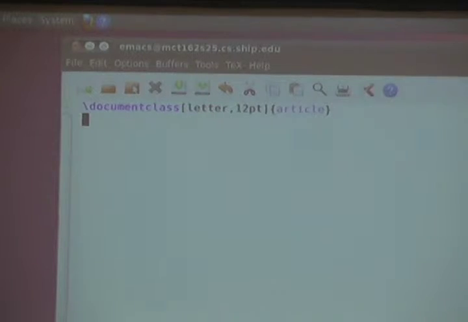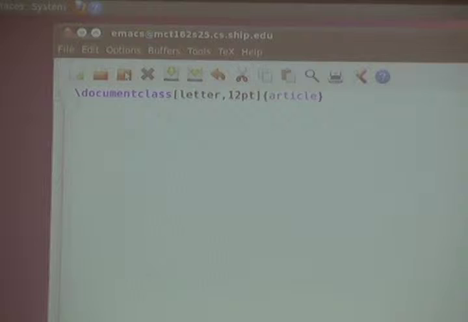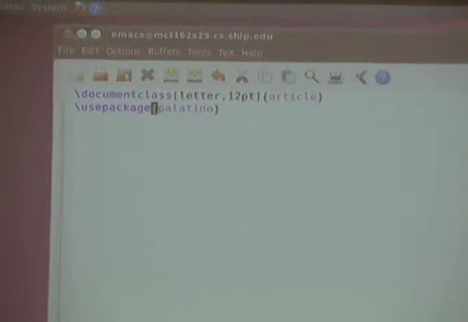So what this first line is saying is I'm telling LaTeX what kind of document I want it to be. In this case, I want to make a letter, or I'm sorry, an article, like a scientific article. I want to use letter size paper, so this is US 8.5 by 11, and I want the standard font to be 12 point. This tells it that I want to use the Palatino font,